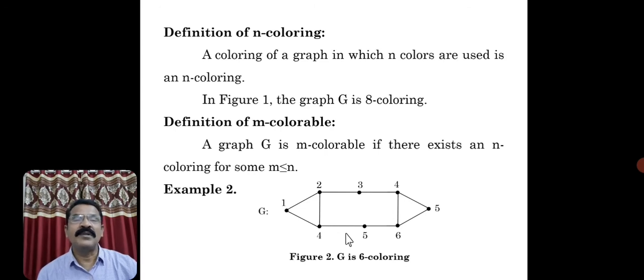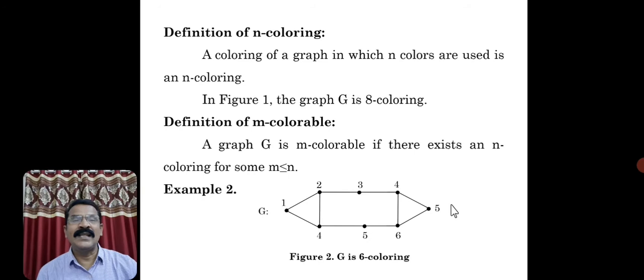It implies the previous slide, same graph, it was n coloring because we used a different color for different vertices. For 8 vertices we used 8 colors. So that's why it was 8 coloring. But that 8 coloring graph, now we have colored with 6 colors. It implies it is a 6 colorable graph. See the importance. 2 colors we have reduced. Earlier we have used 8 colors. Now we have used 6 colors. So this graph is 6 colorable.